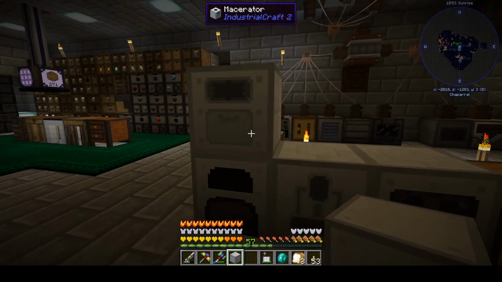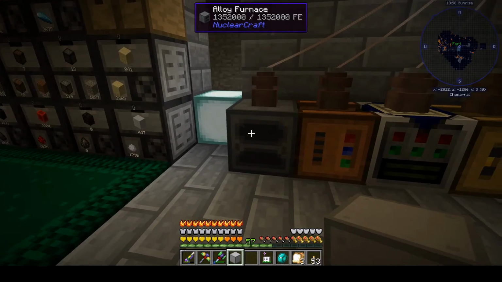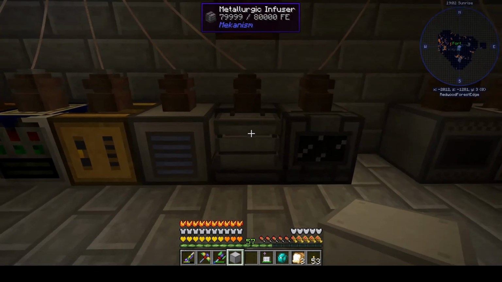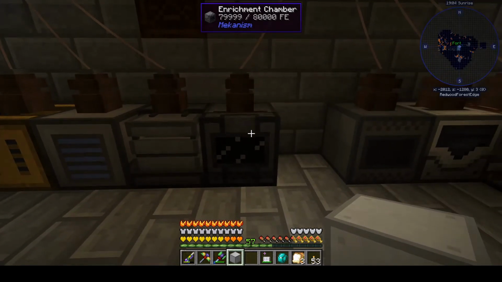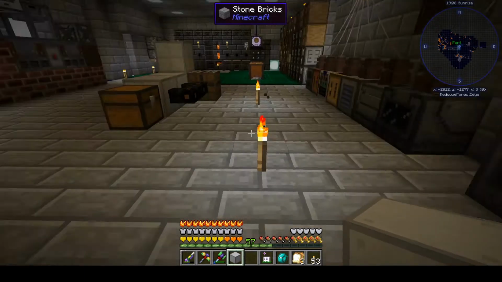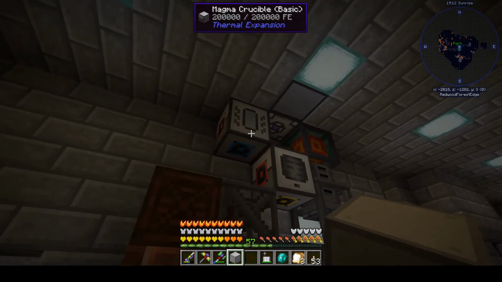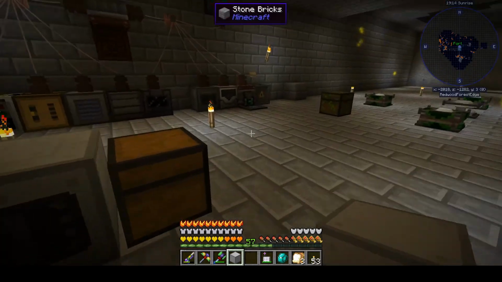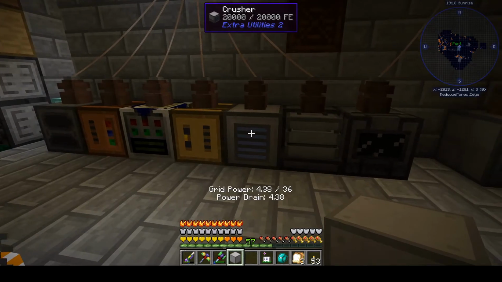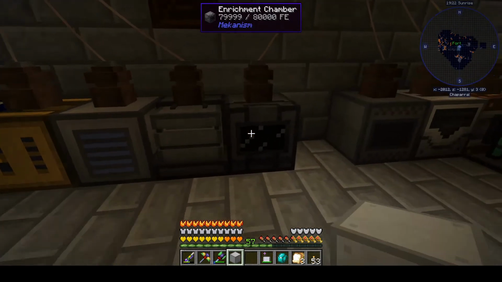I'm going to want to hook up ME interfaces on all of the machines that I use a lot, which is going to be the alloy furnace, the crusher, the metallurgic infuser, the enrichment chamber, maybe the pulverizer and the magma crucible too. Maybe not. I don't use those that much. But yeah, so I'm going to wire higher levels of power to them, because the other thing is that